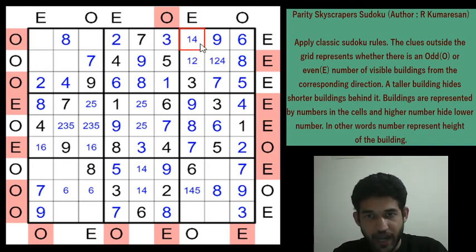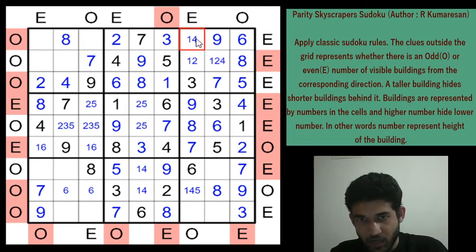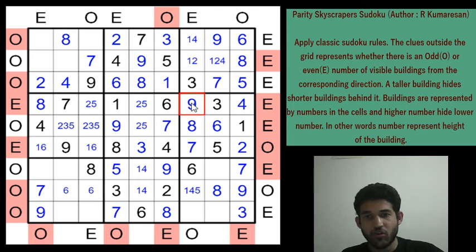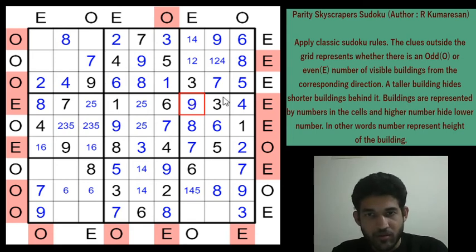So you can either have a 1 there. Sorry, yeah, that's right. So can you have a 1 in this cell? You can have, right, because that will give you a 4 here and you are seeing 2 buildings, which is perfectly fine. But can we have a 1 in this cell? 1, 2, 3 and 9, still possible. There is no contradiction. So let us move on.